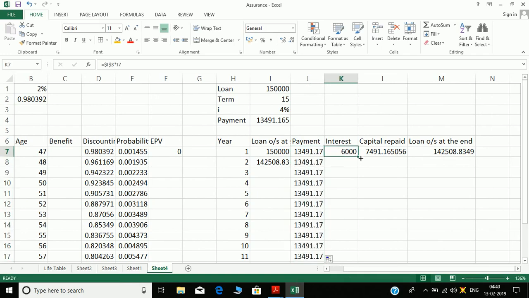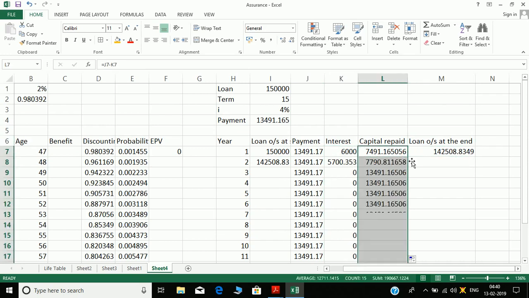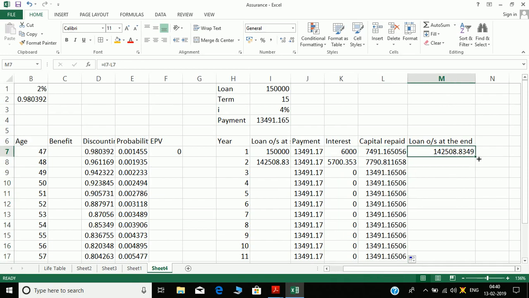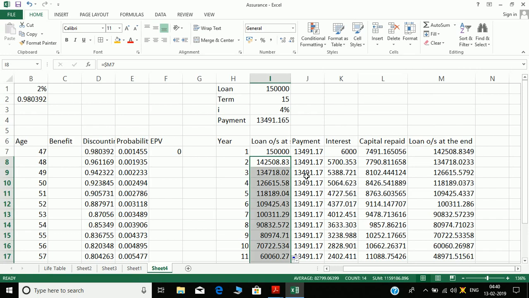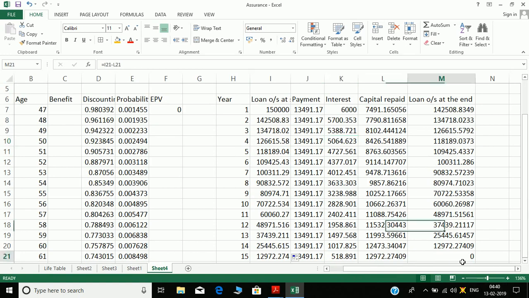Interest rate is again same. Capital repaid formula will be same. We'll get the values for each, and loan outstanding at the end will also be same. Now you drag down and so you get all the values. Okay, see, last one is 0. The last value is 0, which is correct.